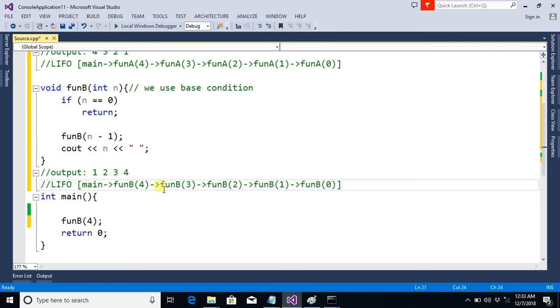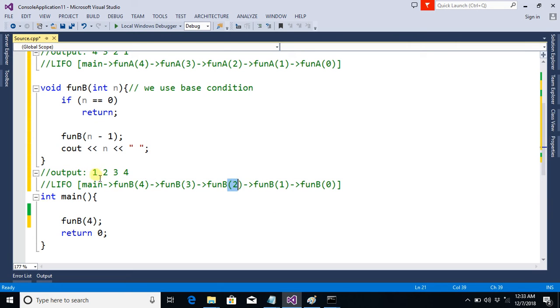And function 3 is not yet finished, we called function 2, and function 2 was not yet finished, we called function 1, and function 1 was not yet finished, we call function 0, and then function B0 was finished, then function 1 was finished, and when function 1 was finished, then we displayed this 1, then for this display 2,